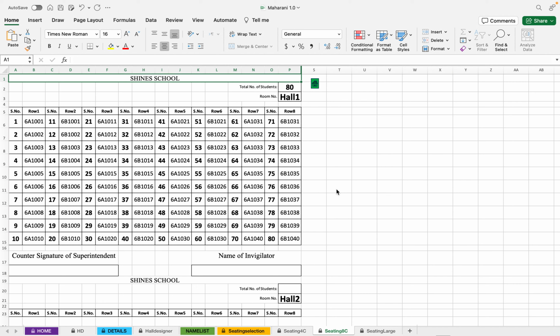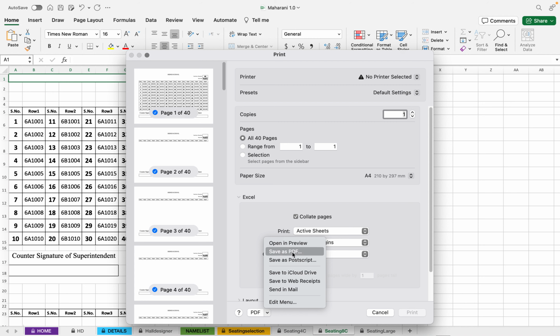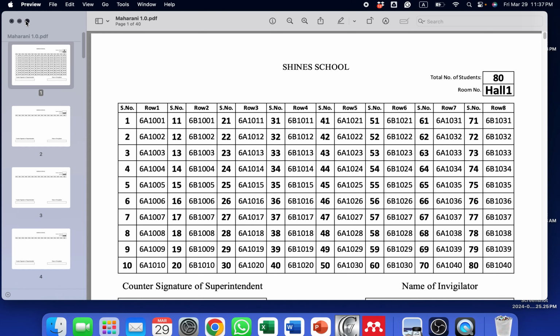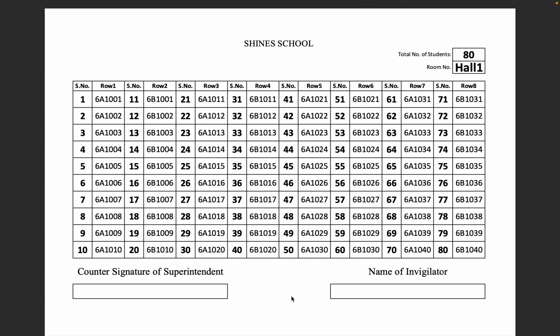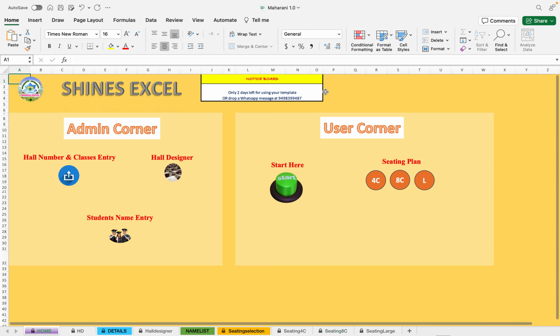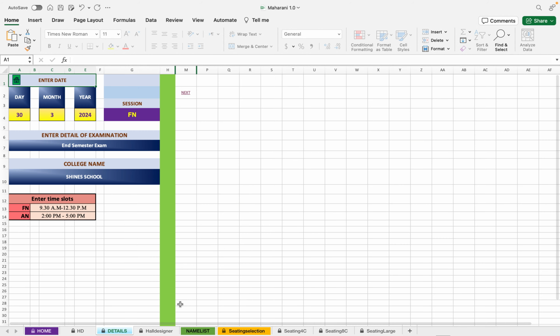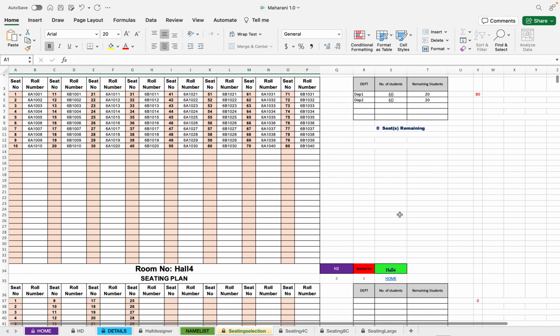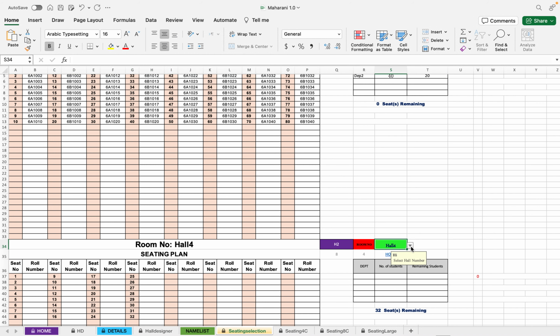If I press Ctrl P, or if you are using MacBook, Command P, I can see the print preview of this first page. Let me see how it looks. Yeah, it's super. It looks very nice. You can save it as PDF, or you can print it directly. This is one hall. Go to the home page. And if I want to allocate the remaining 40 students in the next hall, I select hall number 2,